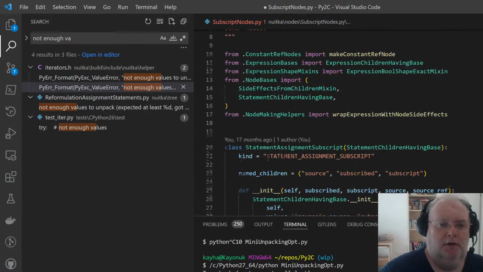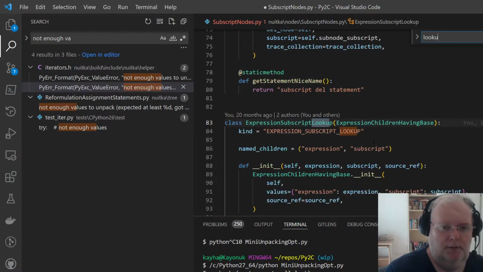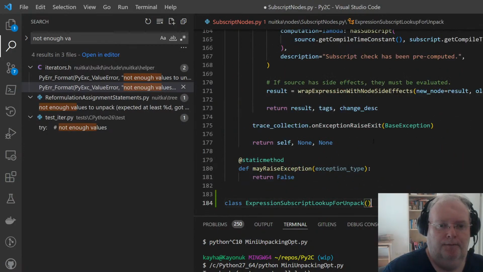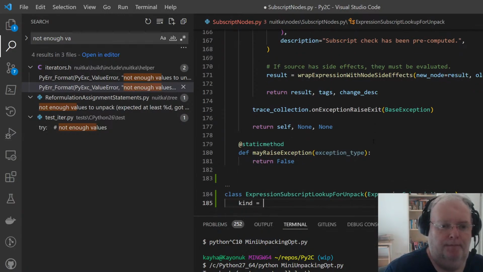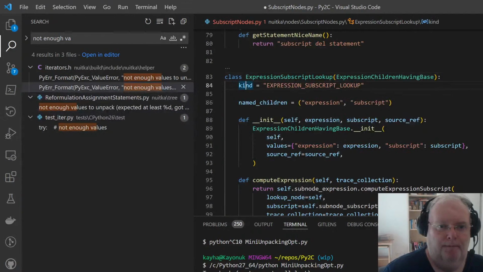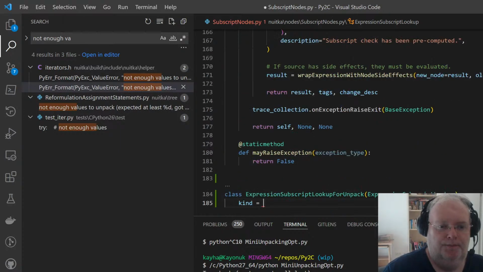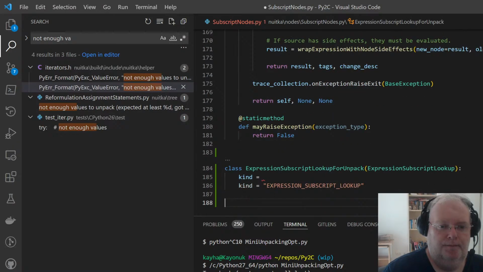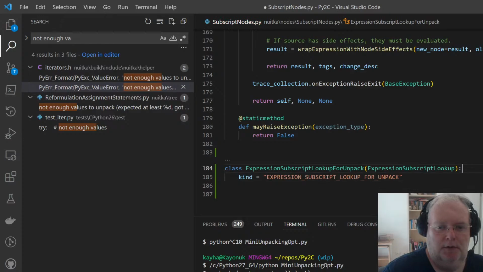Because obviously I also have to do something with lookup. For unpack. It's very similar.